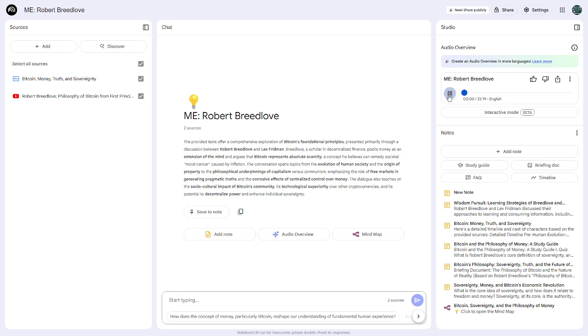Have you ever stopped to consider that the money you use every day, the cash or the numbers on your screen, might be